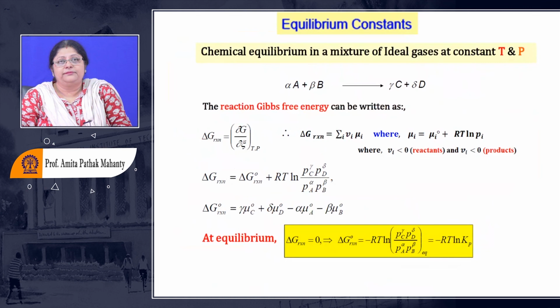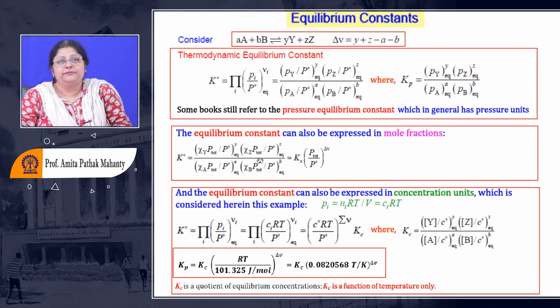This is not unitless. This will have a unit. And again, if you are given in terms of the concentration, suppose Pi equal to NiRT by V, you can say N by V is actually the concentration in terms of molarity. So if molarity is given, then also you should remember that the C naught is supposed to be there. It is C by C naught, like you had P by P naught. Here also we have C by C naught. So concentration in moles per liter is also there.